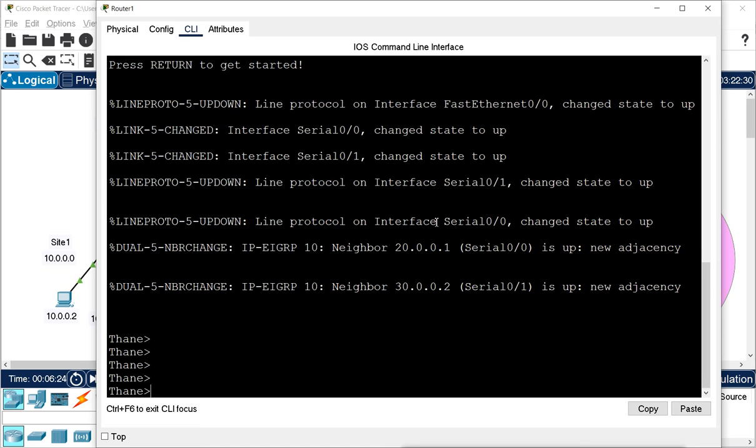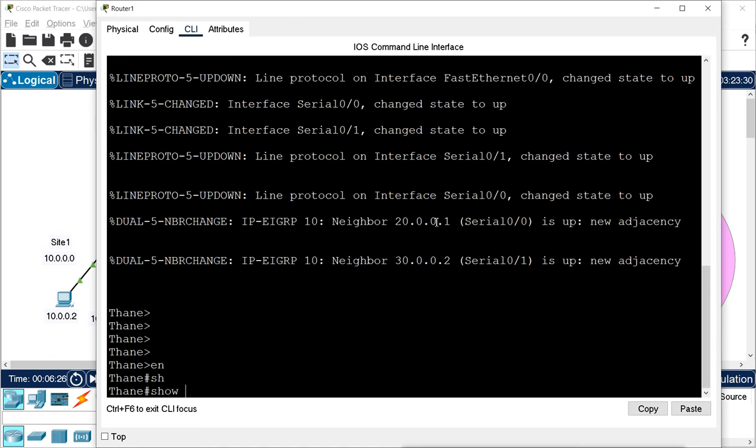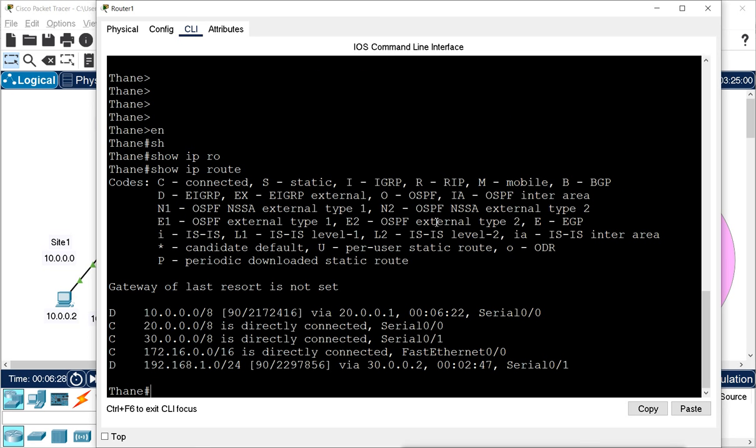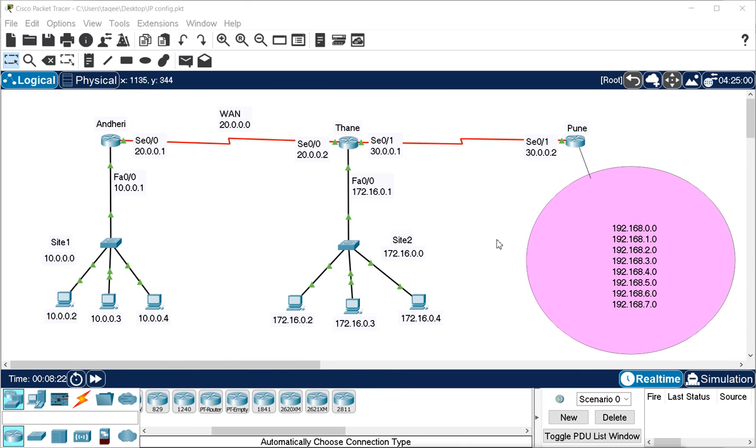So when I check show IP route here, it is not showing those networks because we have not added them. It is showing the previous ones, but it is not showing the networks which we have added there. These networks are not added into the routing table, not added into the routing,